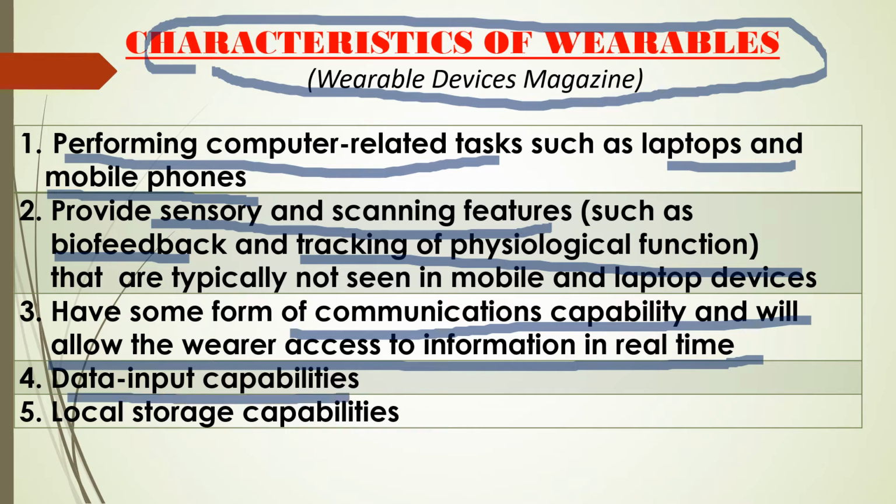So, example na lang yung mga cellphone natin. As you can see, di ba, we have different applications wherein we can encode such information, kagaya na lang ng mga MS Word. Di ba? So, 5 is the local storage capability. So, we have this what we call yung mga RAM, yung mga memory card, wherein makakapag-save na tayo ng mga files na gusto nating i-save.